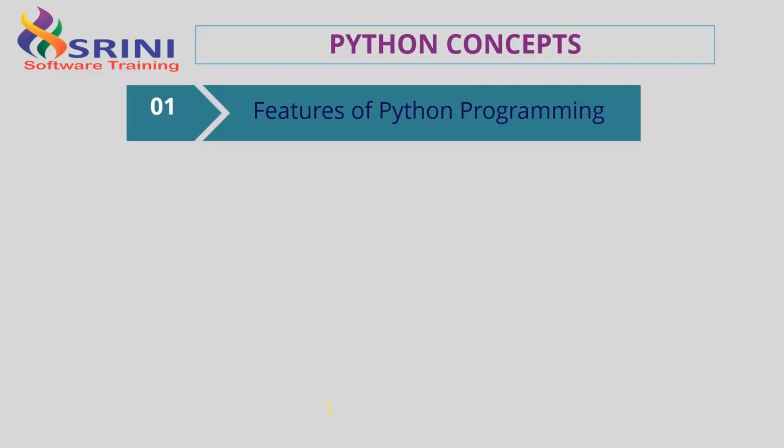The features of the Python programming language. Because you might ask, sir, even though Java exists, why have you taken Python as the primary language to implement automation or data science? I can give hundreds of reasons why Python can be chosen and why not Java. Features means facilities, yes or no? I'll ask you some questions.